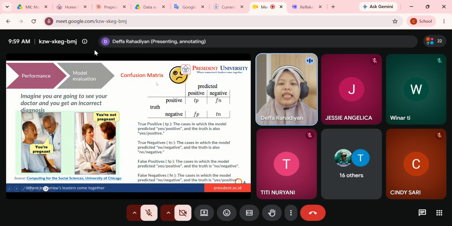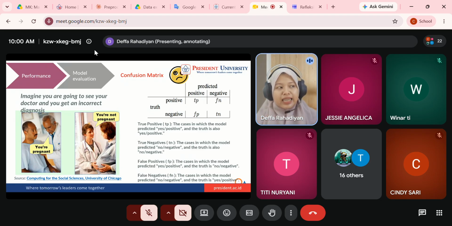If the truth is positive and it is predicted as positive, it becomes a true positive. For example, in gender identification, in the real data I'm a woman, and my model predicts that I'm also a woman. It becomes true positive.